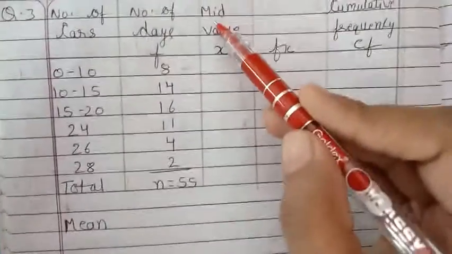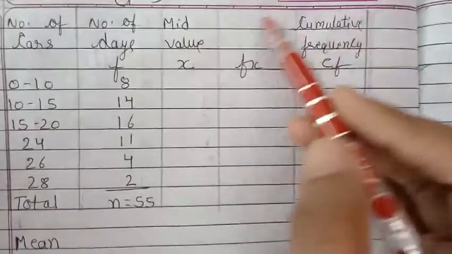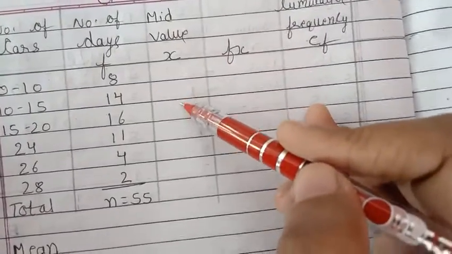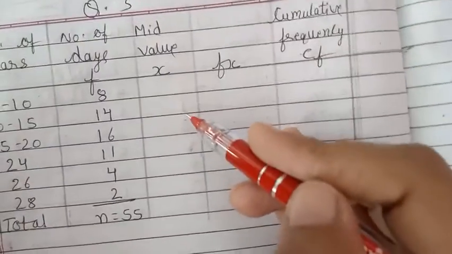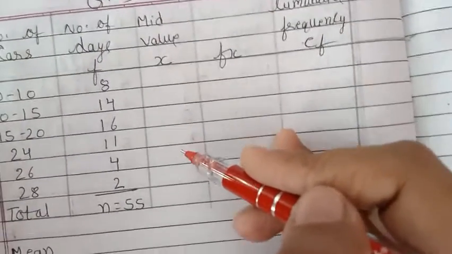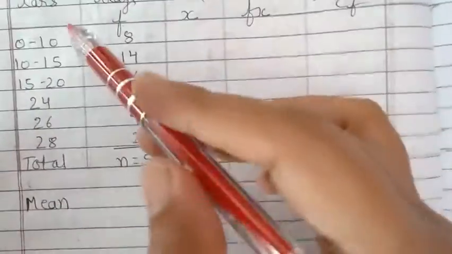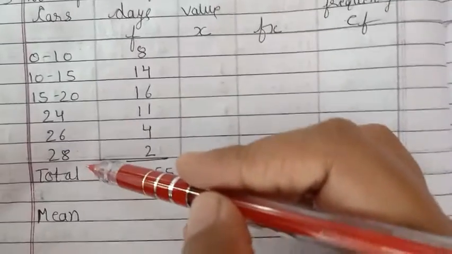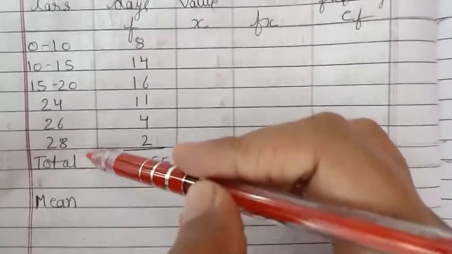Now question number 3 of your textbook. There is the distribution of sales of cars. It is given, and we have to find the mode of the number of cars sold using an appropriate formula. So first of all, the frequency distribution is given. As we can see, a mixed frequency distribution is given, and we have to find the mode.